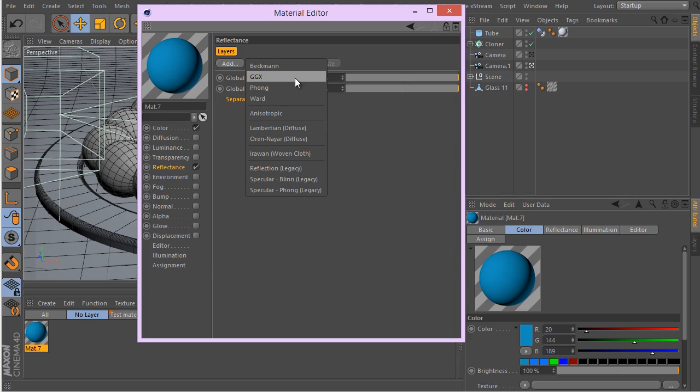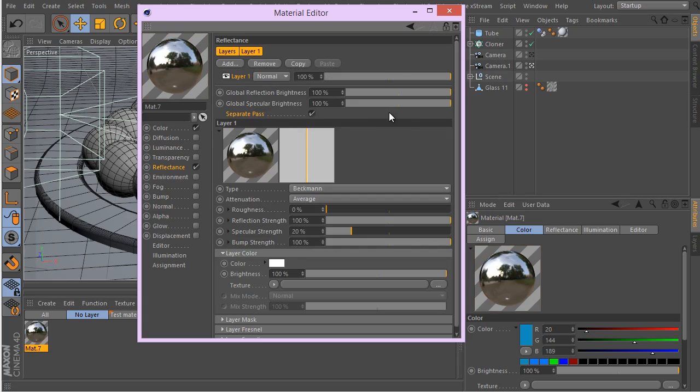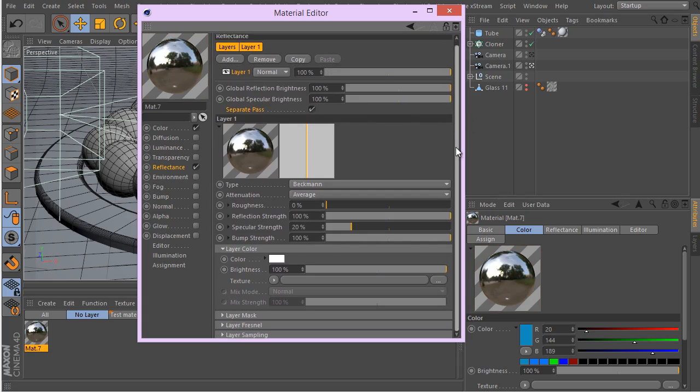More physically accurate, go with Beckmann. More metallic look, go with GGX. And I'm sure they're not going to look that much different. So I'm going to use Beckmann in this example, and let's talk about the different parameters that we have